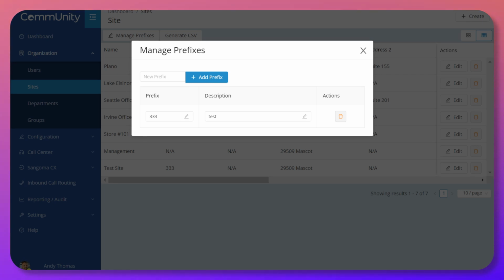When using an application or a shortcut key on a phone, this prefix can automatically be added to the dial plan, in either a shortcut key on a phone or in the company directory on the MyHUD app, so the users won't have to dial this extension to reach the other location. It should be noted that once a site is created, you can no longer modify the prefix or even add one later on. You would need to recreate the site in order to manage the prefix, so be sure to plan accordingly.